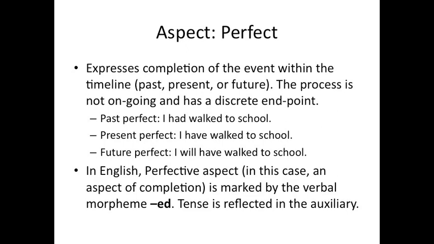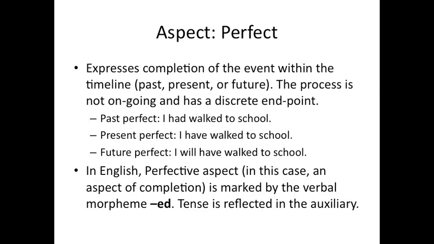So in summation, when you have this verb that's just by itself with no auxiliary and it has an -ed, that's going to be the simple past. I walked to school. However, if you have "have" or "will have" or "had," that presence of an auxiliary is telling you that there's something more going on there, and that you should treat those auxiliaries as marking the tense, and then the -ed on the verb as marking the aspect, in this case the perfective aspect with the -ed.